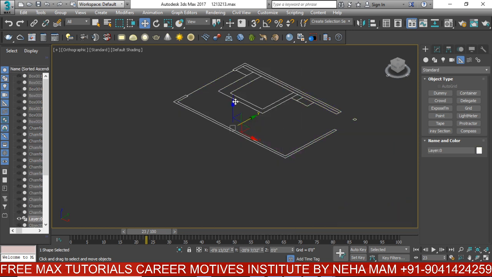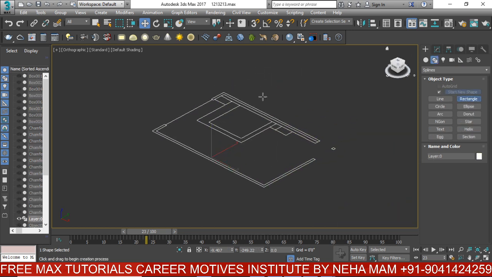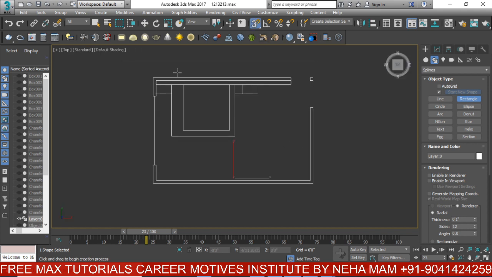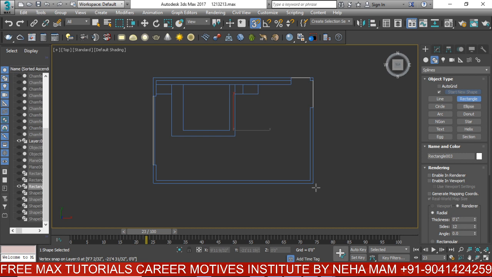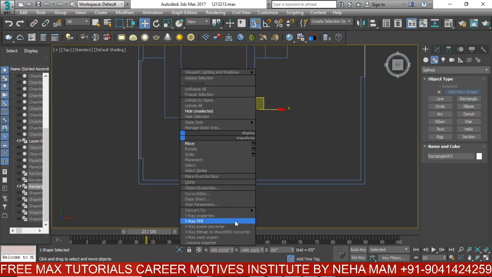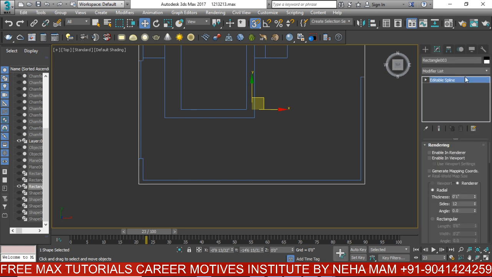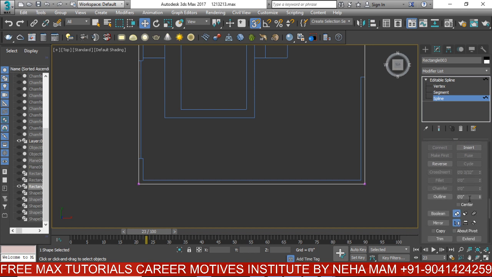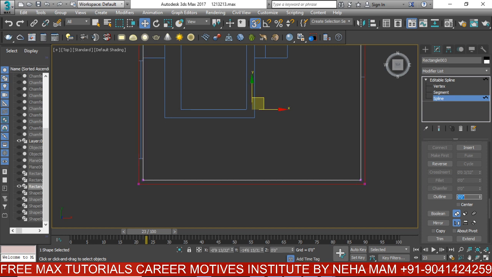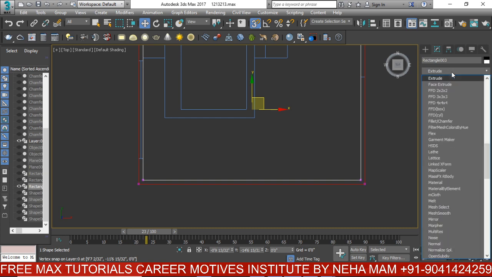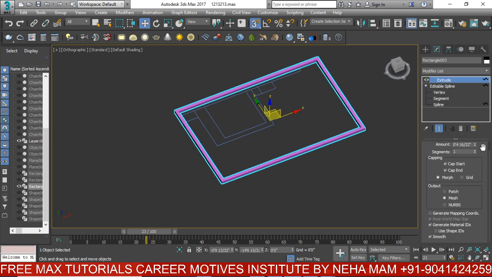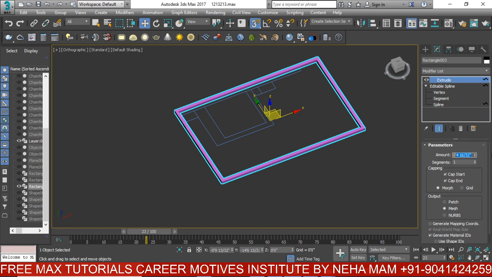So for easy we can create a rectangle over here. I'm going to create a rectangle over here. Okay, right click, convert to editable spline, and now I'm going to create outline. Okay, and outline is 4.5 inches inside, and then I'm going to extrude. Okay, and I'm going to extrude it 11 feet,